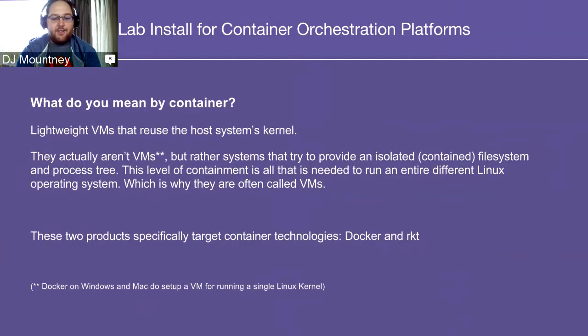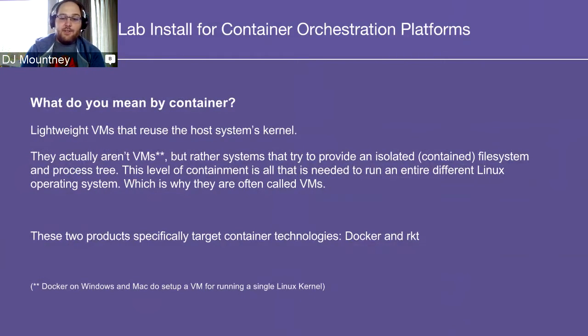The two products that we're talking about today, OpenShift Origin and DCOS, specifically target the container technologies Docker and Rocket. There are other technologies available, but Docker and Rocket provide an image spec that makes it easy to share applications, instead of just sharing the containers without an application definition or metadata around what the applications need to expose to the host. So these products specifically